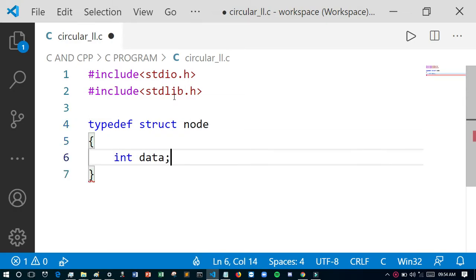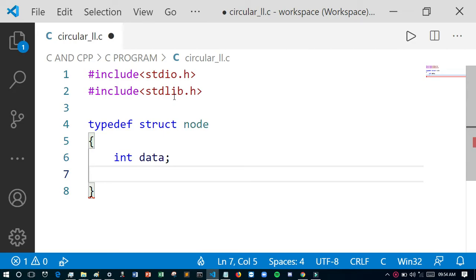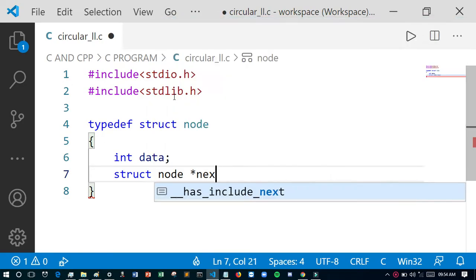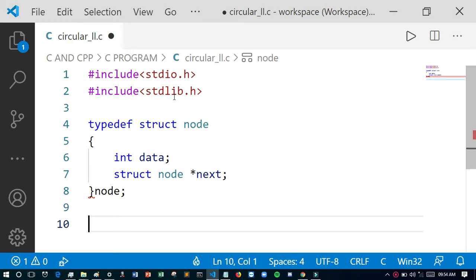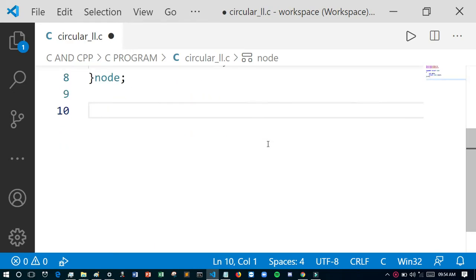It has two members, one is data and another is next, because it is a circular linked list. So one will be the data part and another will be the pointer part. Struct node start next, I want to give the same name as shown above.